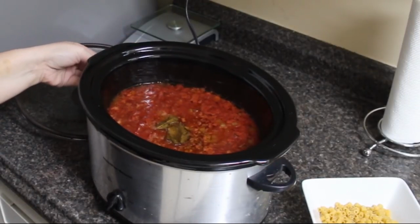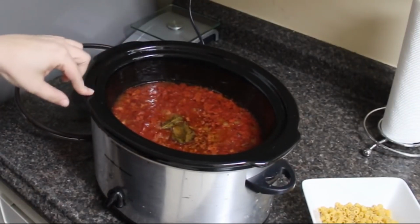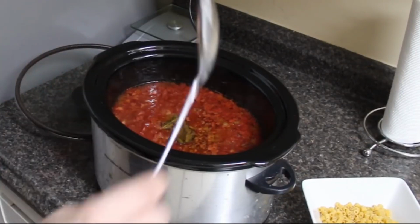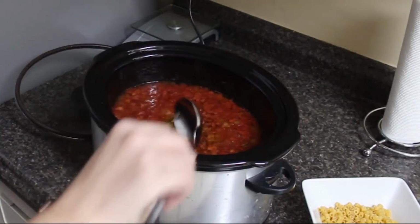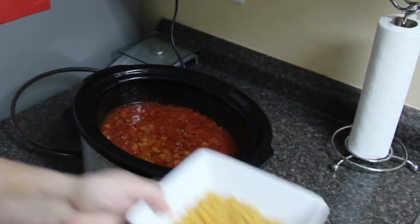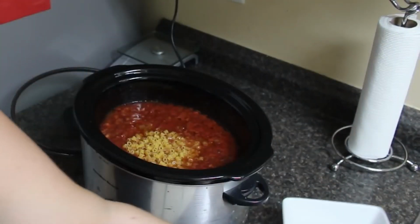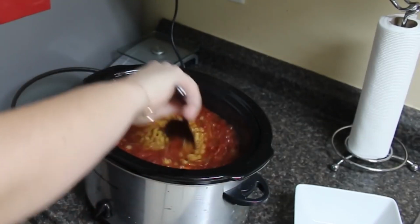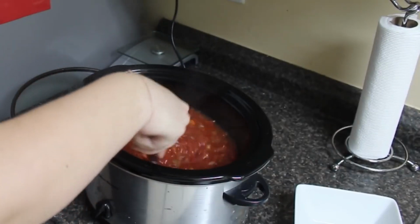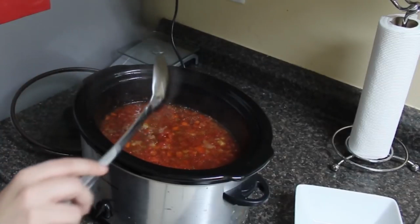We are back, and it has been about 6 hours. I cooked this on high for about 3 hours and then cooked it on low for the rest of the time. This is what it's looking like. I'm just gonna go ahead and take out the bay leaves, and we are just going to take 4 ounces of our pasta, go ahead, put it into the soup, go ahead and stir it around. Like I said, you can totally do this separate on the stove and not include it, because obviously noodles do soak up